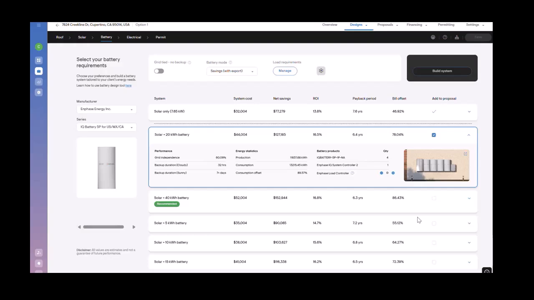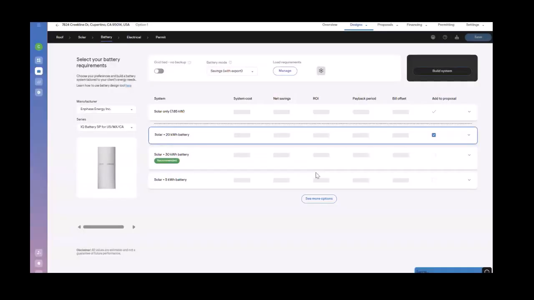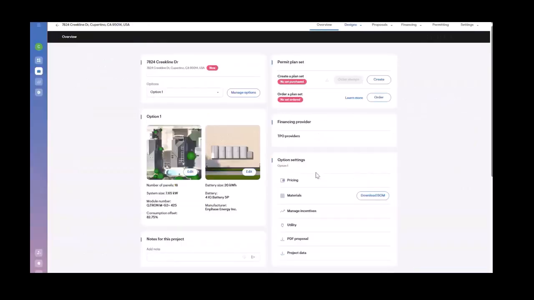So once that battery has been saved, we are pretty much good to go. We can then jump over to our overview page. And over in our overview page, this is where we can start putting together the details of the proposal. So a feature that I did want to mention is that Solargraf does support the ability to create